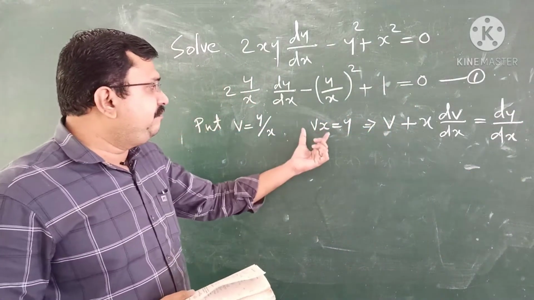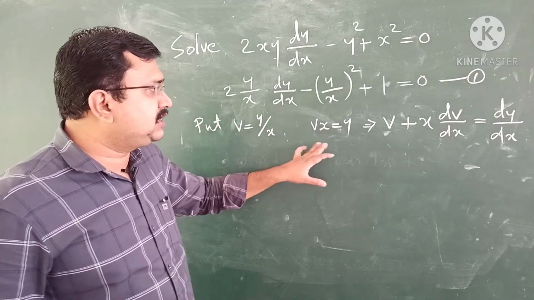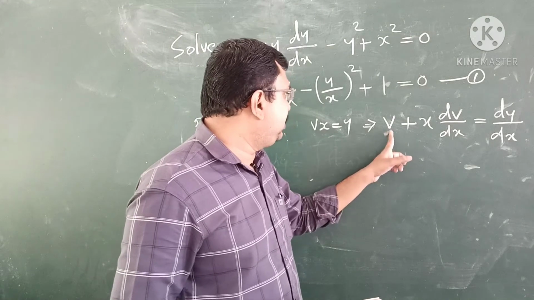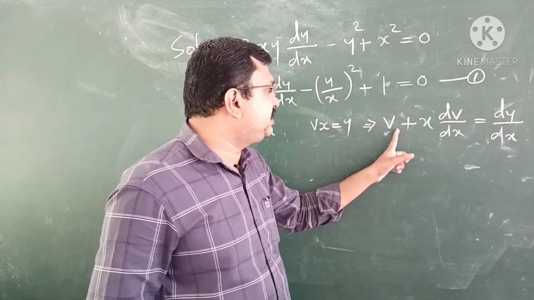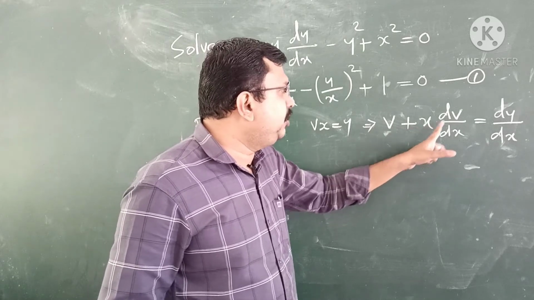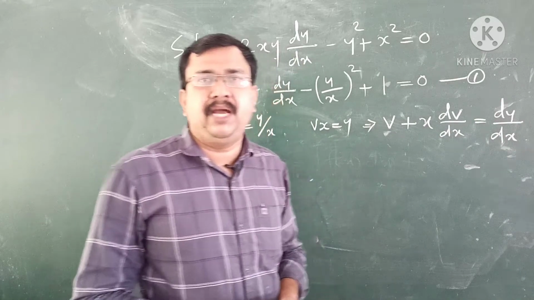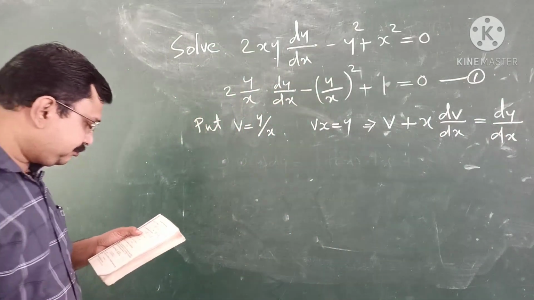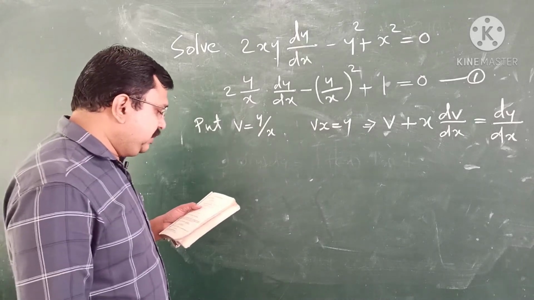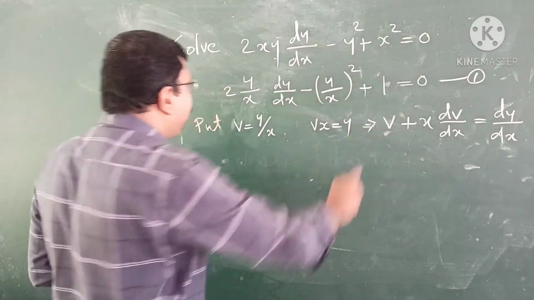Remember that dx equal to y, we are differentiating both sides with respect to x, then we will get first function v into derivative of second, x, is the derivative of x is 1, plus x into dv by dx, that is equal to dy by dx. Okay. Now we are substituting these values in equation number 1. This is our equation number 1.